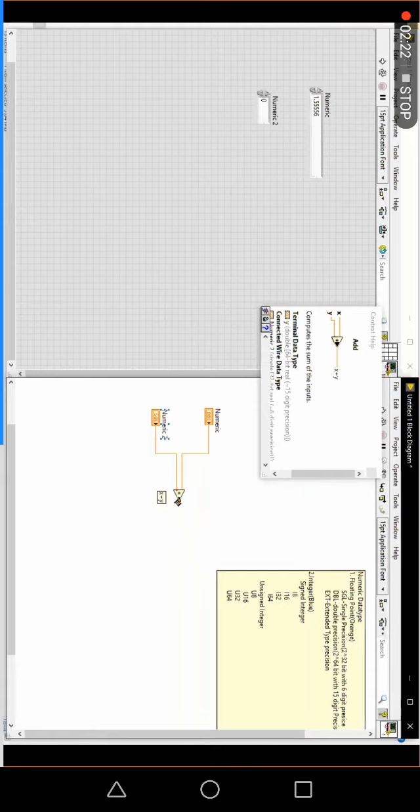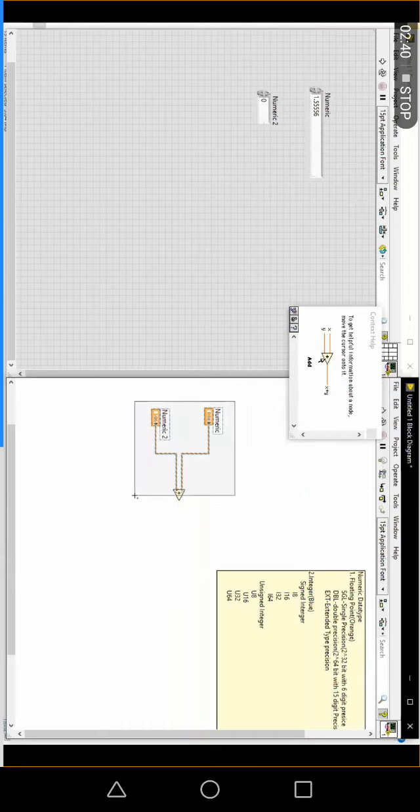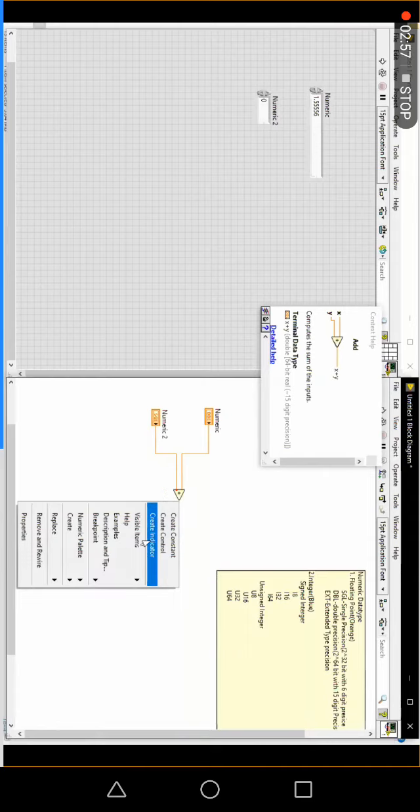So I am going to create an indicator here. Right click, create indicator. Wait for a while. Your answer will be DBL. This is also one of the questions they may ask. They will give this small schematic and say: consider the below block diagram. What happens if the user creates an indicator like this, right click, create indicator? What indicator will it create?